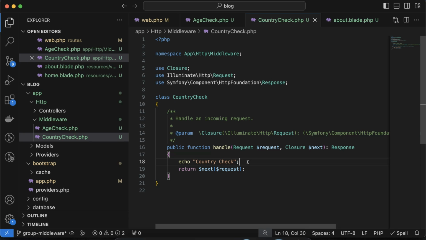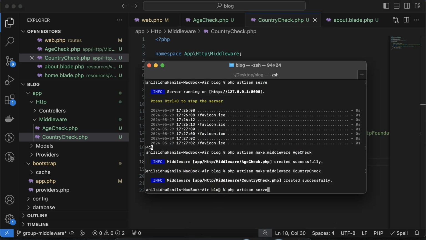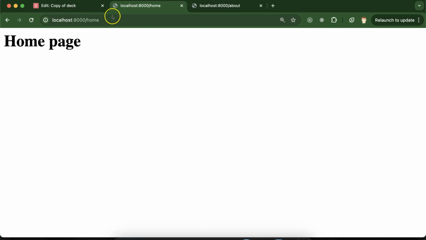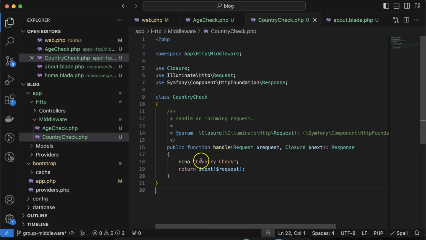All right, so you can see that both middlewares are ready. But if you visit any route of the application, like home or about, there is no difference. Everything is fine. These two echoes are actually not displaying. So what we need to do now is register both of these middlewares as a group of middleware in our